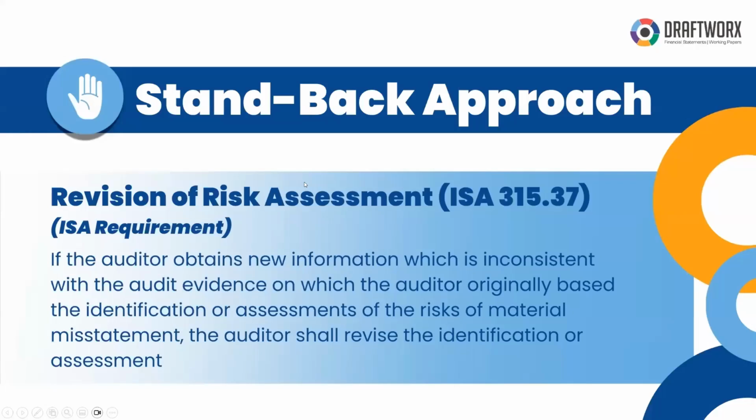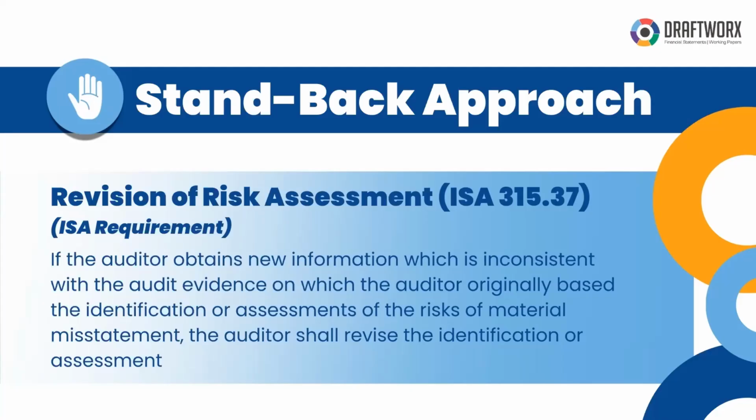Okay. Now we get to this lovely stand back working paper. All right. So if you do not know where we got this from, we do get it actually from the standard. It's ISA 315, paragraph 37. Now, what it actually says is if the auditor obtains new information which is inconsistent with the audit evidence on which the auditor originally based the identification or assessments of the risk of material misstatement, the auditor shall revise the identification or assessment. So basically, what it says is that if we learn something new during the audit that doesn't match what we first thought, we must update our risk assessment and we can't just stick to what the original